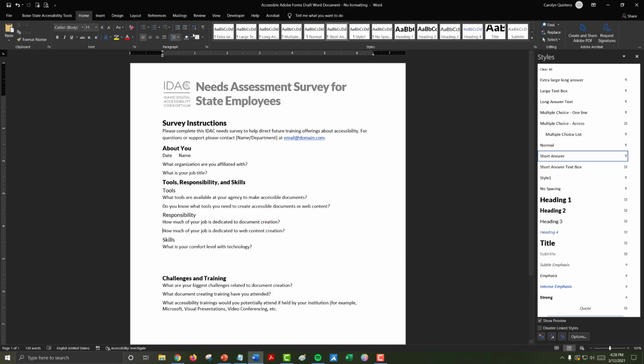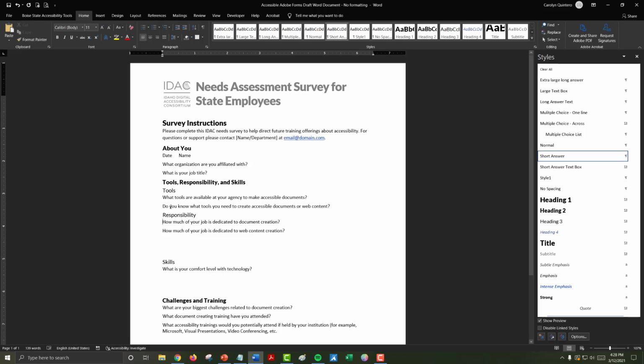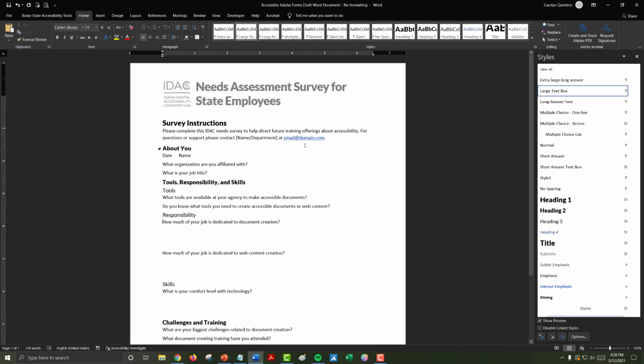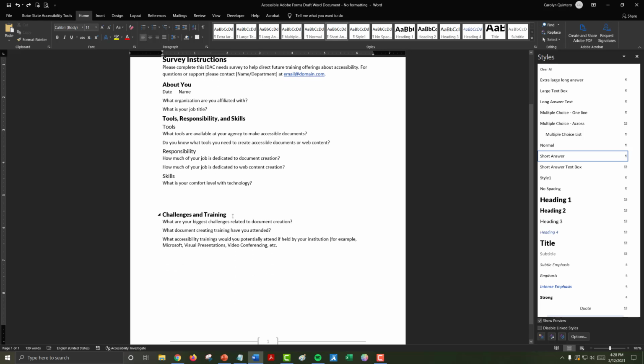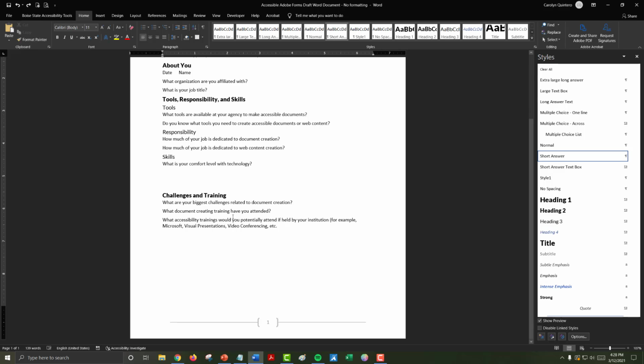And so now if I wanted to go anywhere else in this document and create that space for a large text field, I can. But what if you have a space that you need even more spacing? So you want to provide maybe like a paragraph of text. These challenge and training questions, we may want to give a little bit more space than just that 54 points of space. Maybe we want to encourage people to really leave a little bit more information.